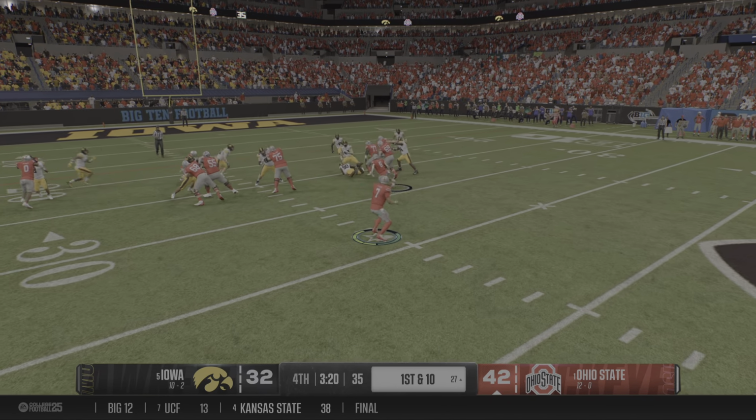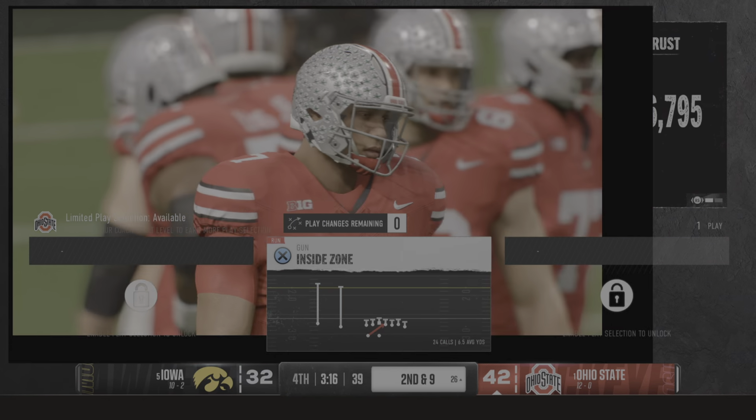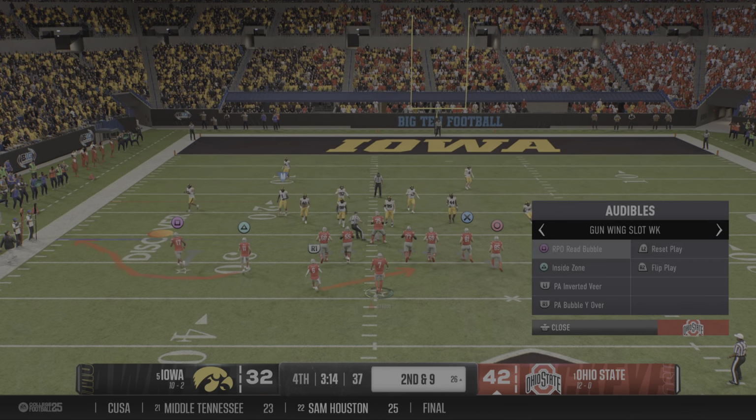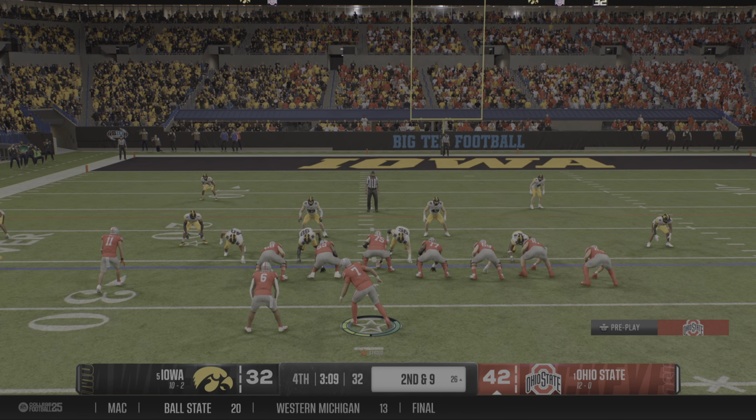The defense does everything that they need to with the pressure. They look like they're in good position to be able to come up with a nice play on him, but instead, he shows how he can slip out of the back door of this defense and pick up a nice gain.